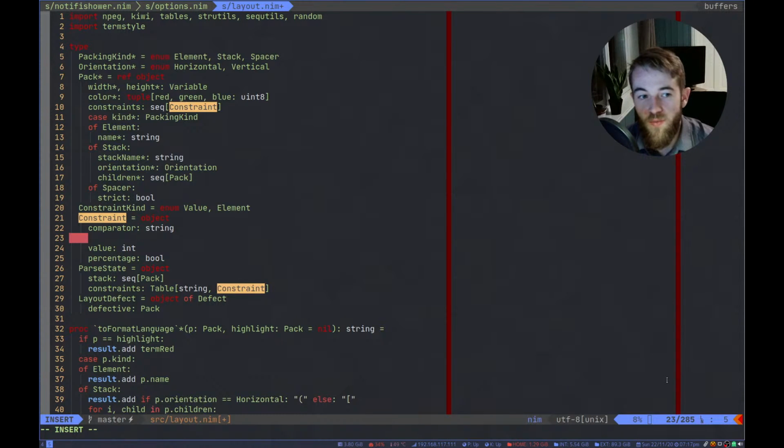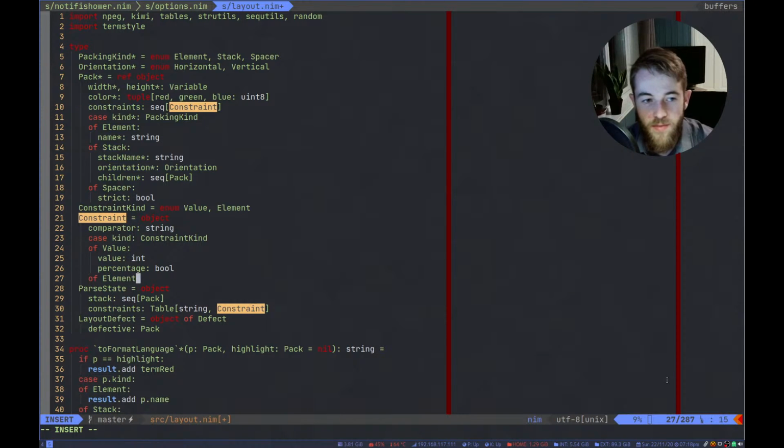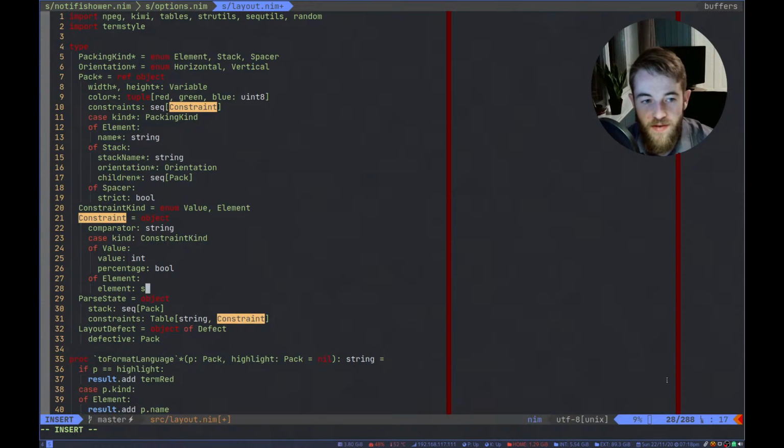But I also want case of kind, like that to be the constraint kind. This doesn't have to be exported because we're not gonna look at those anywhere else than right here. Of value, then we do these two fields. If it's an element, then we just store the element name.